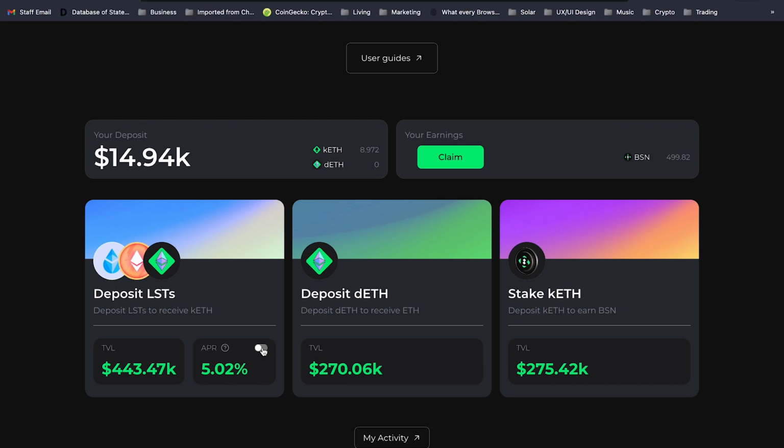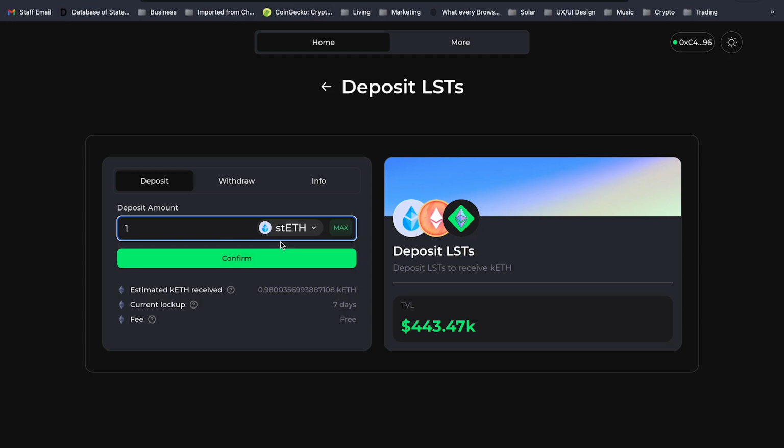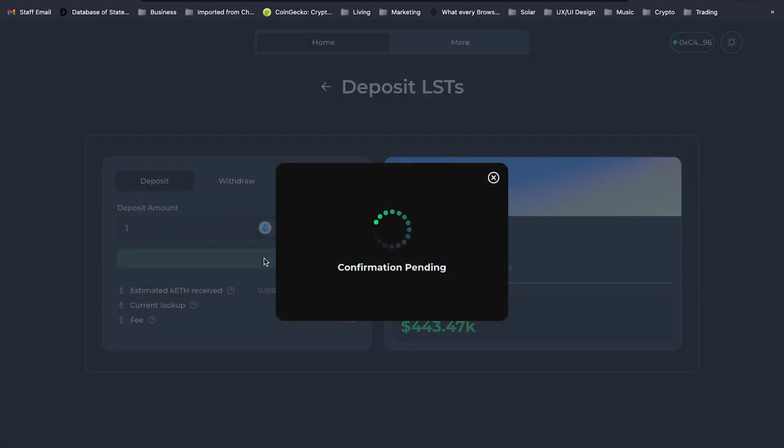You can even check out the target yield that it is consistently shooting for at all times. Right now, it's at 6%. It's a little under it right now, but this rate varies over time. But it always stays really, really close to the target APR percentage. So in this vault, you would click it. I'm just going to choose stETH. You choose an amount, click confirm,